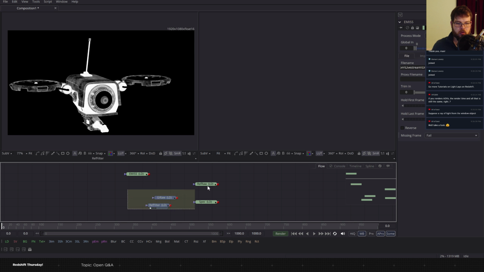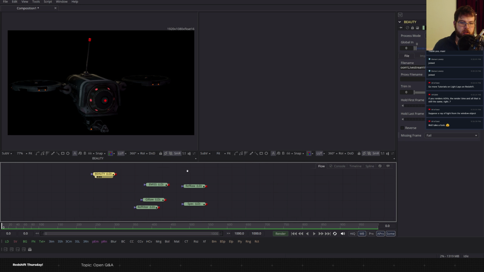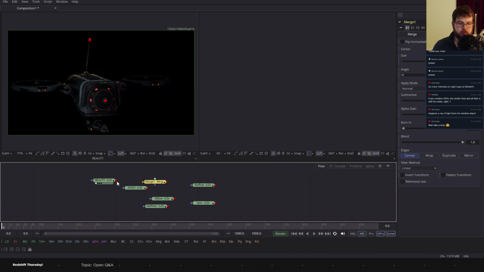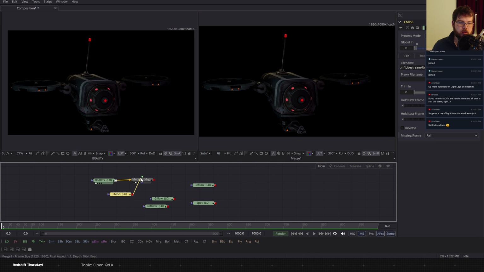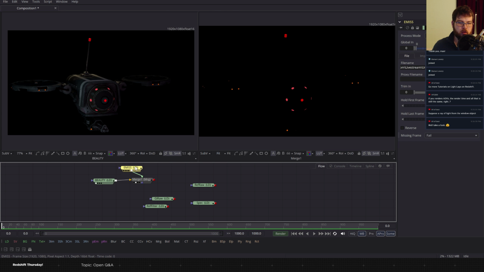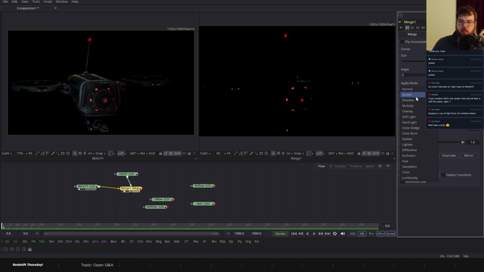So, these guys up here. We've got our beauty. So beauty is just a lot of these things combined. Emissions is going to be our emissions. So I'm going to get what is called a merge node. If I bring this in here, put it over here, and I bring this here, it's going to be on our foreground. You can see it's kind of like a mini Photoshop like we were talking about before. I'm going to select this merge,